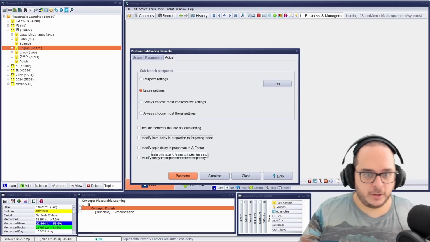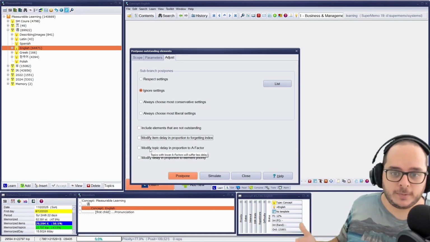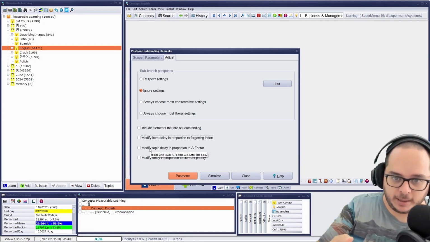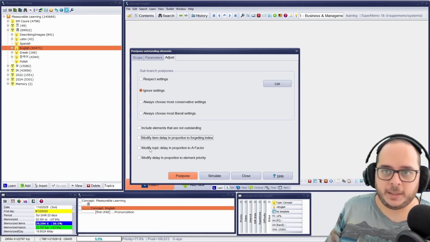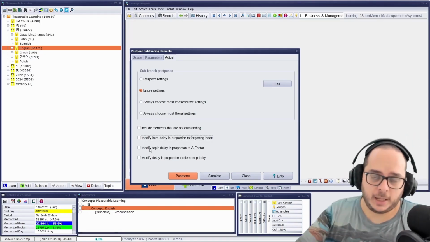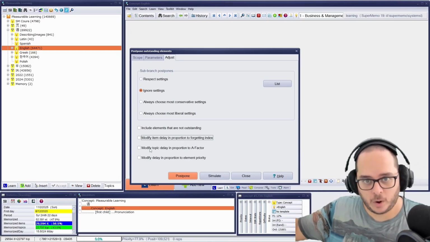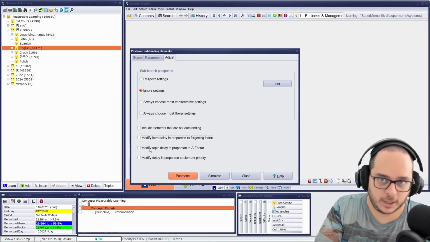Third, modify topic delay in proportion to A factor. It's more or less the same. Remember that items have the factor, but it's no longer used by the algorithm. It's legacy. It's still there because SuperMemo runs different versions of the algorithm, and one of the older versions still uses it. That's why.